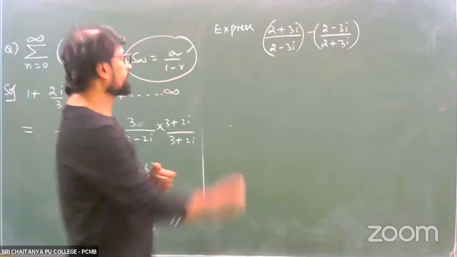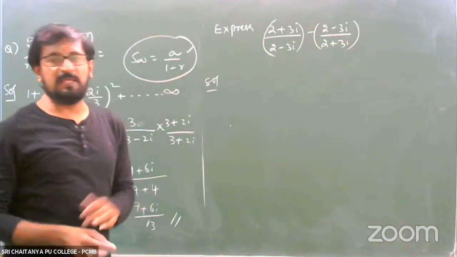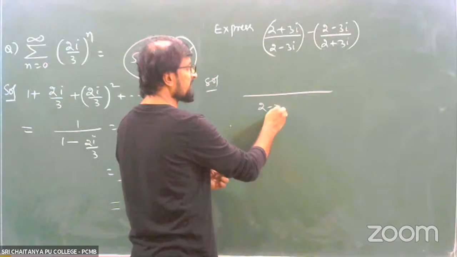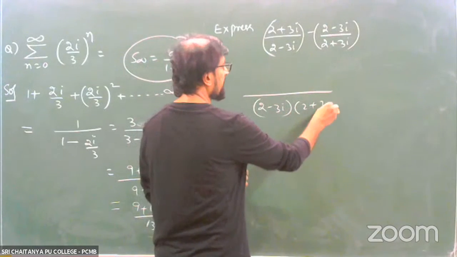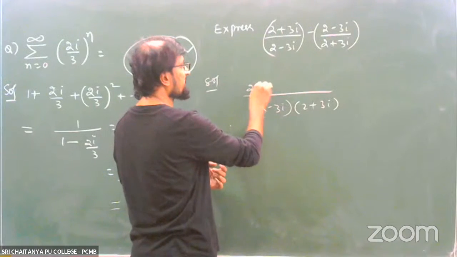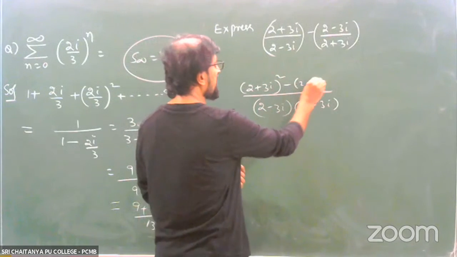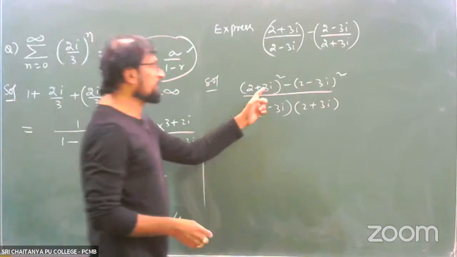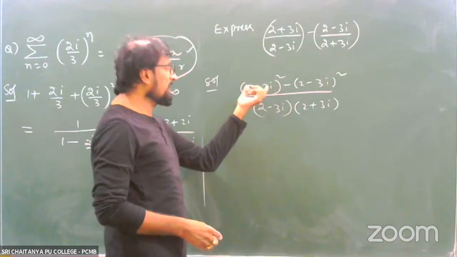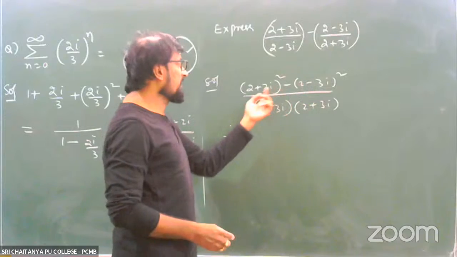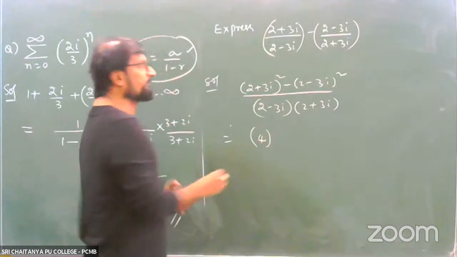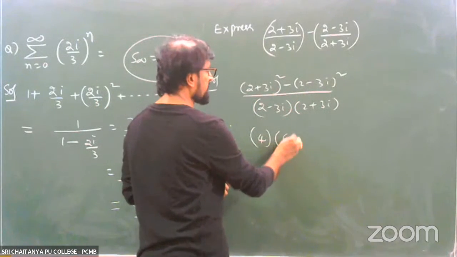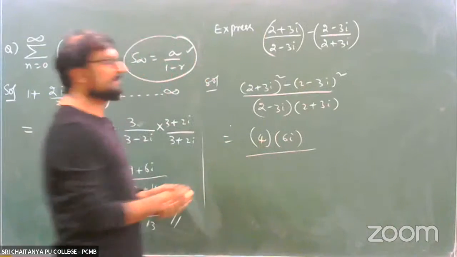See how to do this. First of all, take the LCM of denominator, means the LCM becomes (2 minus 3i) into (2 plus 3i) and numerator (2 plus 3i) whole square minus (2 minus 3i) whole square, which is equal to a square minus b square is equal to (a plus b) into (a minus b). A plus b value is equal to 4, right? Into a minus b. A minus b value is equal to 6i upon,